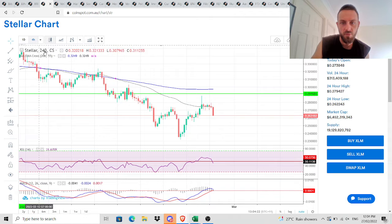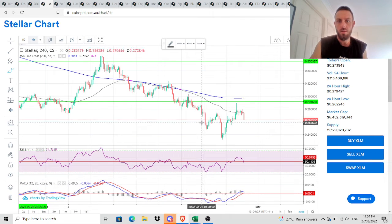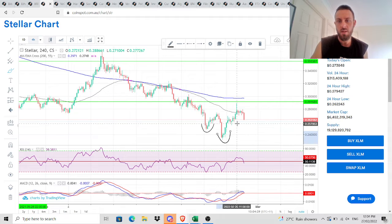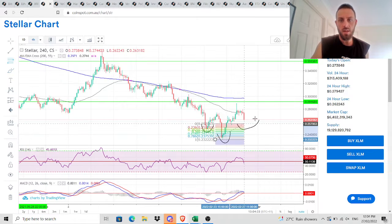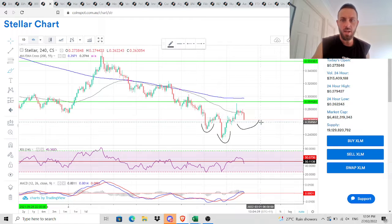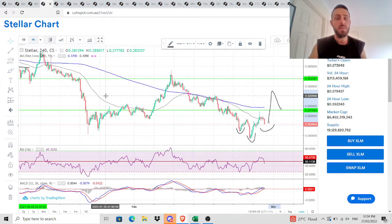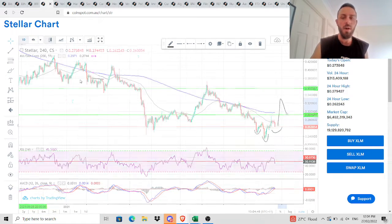But looking at this big 4-hour candle, we could see a bullish head and shoulders form. So if this support gets held roughly at the 618 and we break up, this could signal an uptrend. However,